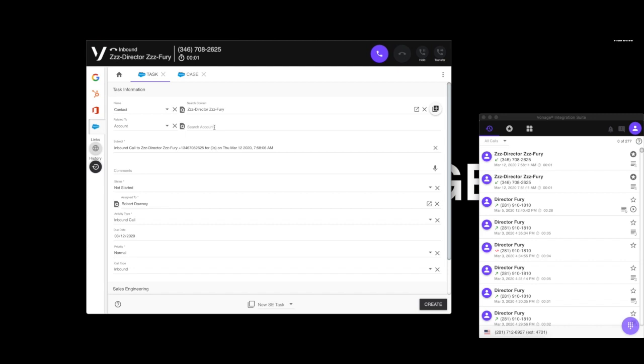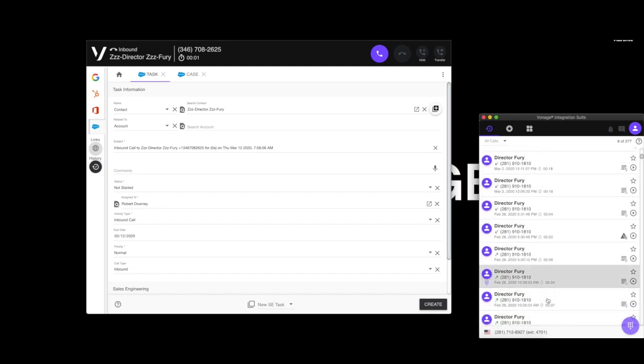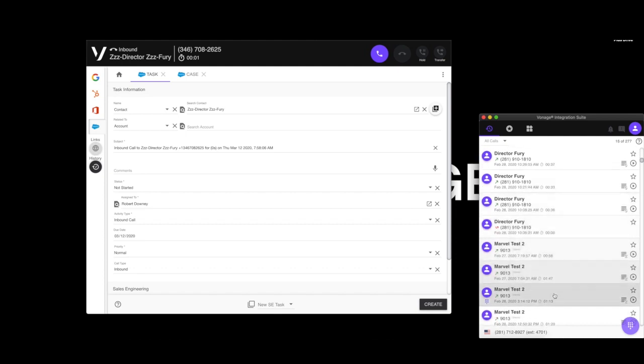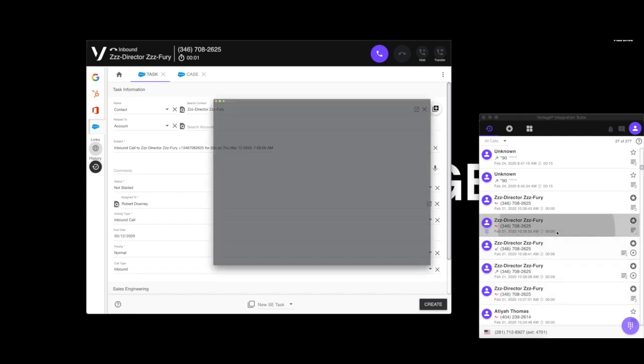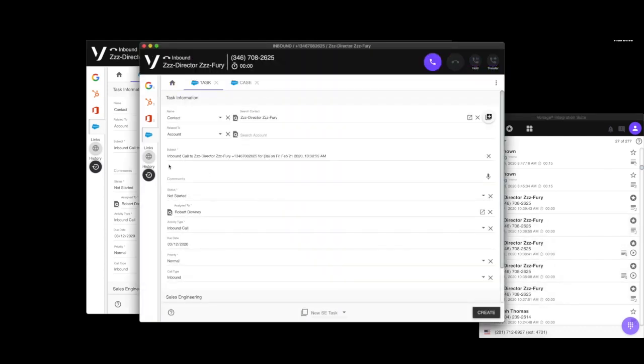If you do nothing but take the call and hang up and it does correctly identify a single matching contact, it will automatically log that call for you, as shown in one of my other tags, for example. It will simply automatically log a call activity showing that it was an inbound call, who it was assigned to, and what the result was. You can simply modify this and recreate it. You can also use custom templates, which we will talk about later.